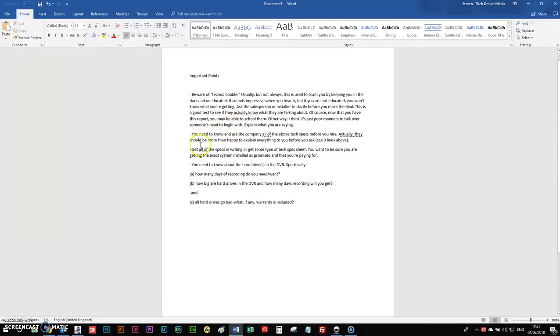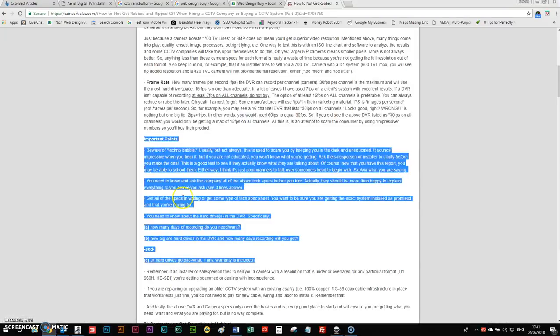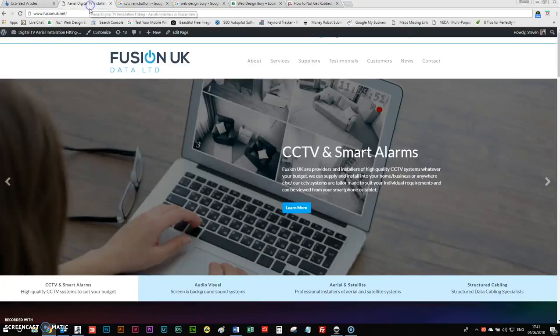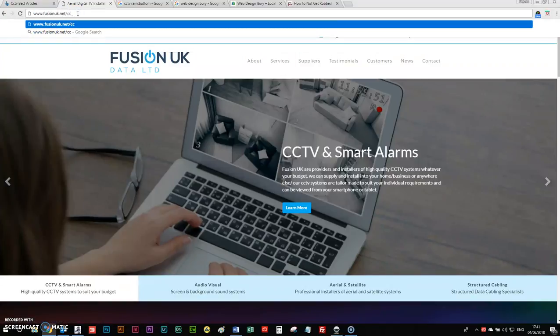Not just in Ramsbottom, but just in general, you know, the benefits of CCTV and things like that. So that's what we do at first. Luckily, Fusion Data have a WordPress website, so creating a piece of content is dead easy. So that's the first thing we do, and then we end up with a URL that will read something like CCTV in Ramsbottom,